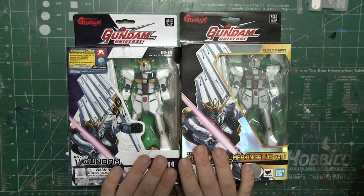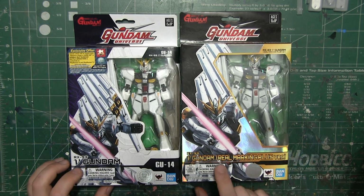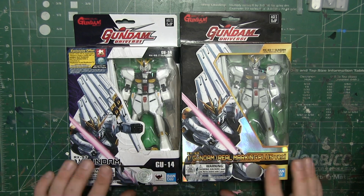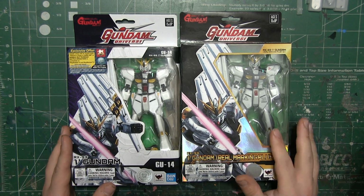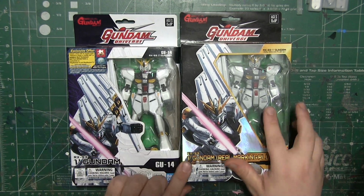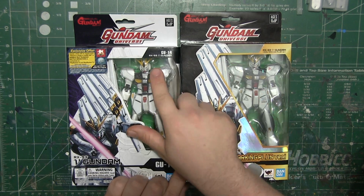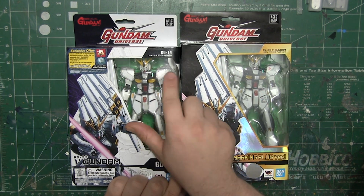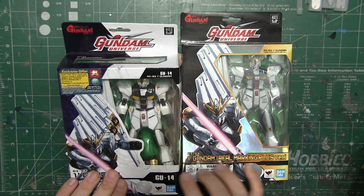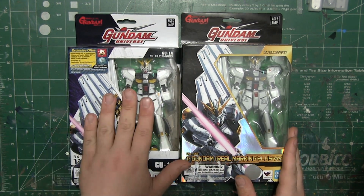Alrighty, so these are the RX-93 V Gundam, and this is the Real Marking Plus version and the normal version. So this is giving us a little bit more detail, as we can already see in the packaging, that there's a lot more water slide decals compared to this, where it only has this single one, which you can hardly see with the glare, but you can kind of see a little bit that it does have some markings. So let's open these up, but starting off with the